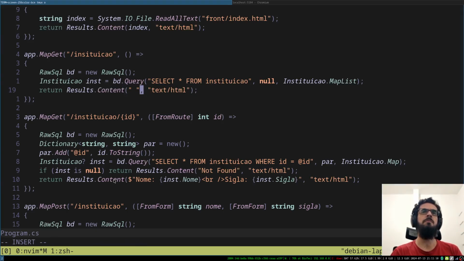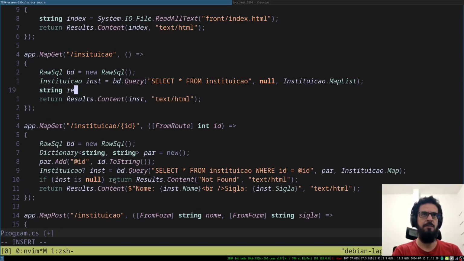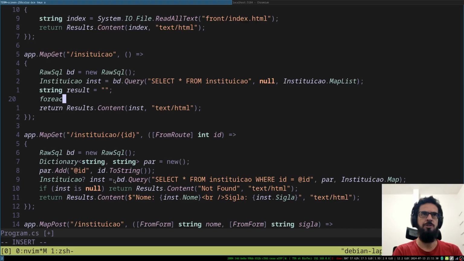I will just print here. Oh, we can do it like that. String result, and like foreach, because it's a list. Var, I can type it more. So for i in inst,